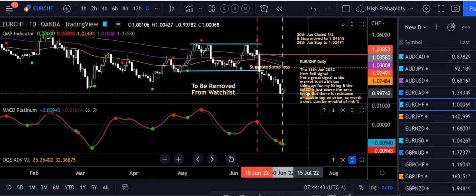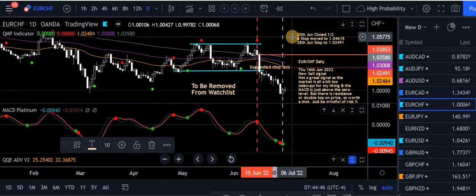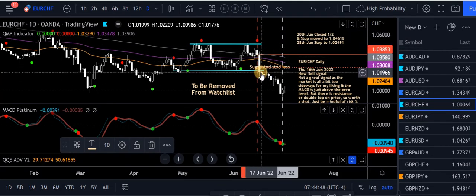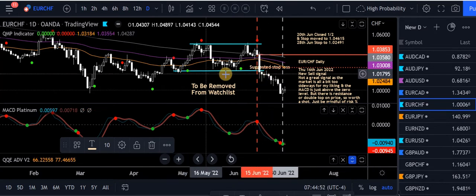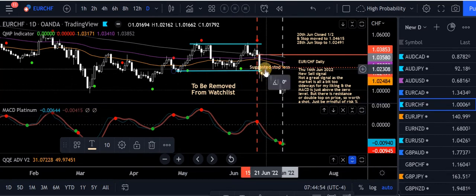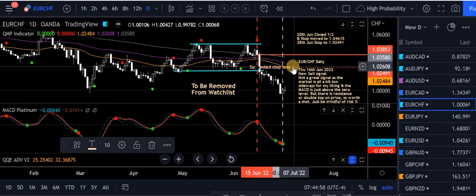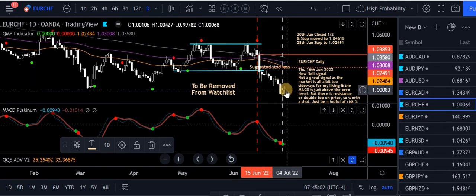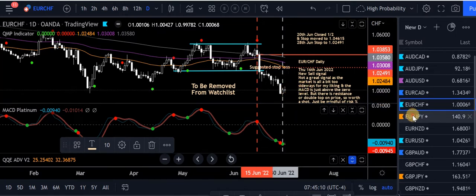Took a sell on the 16th of June, so that's here. 20th of June closed half, so I reckon that'd be down these lows here somewhere. We broke the low, MACD platinum through the 0 level, so we locked in a bit of profit there. I've since moved my stop down nice and tight, just near the 50 moving average. If I get a buy signal here in a couple of days, then I just close it out, remove from the watch list. So it's Euro Swiss, looking good there.